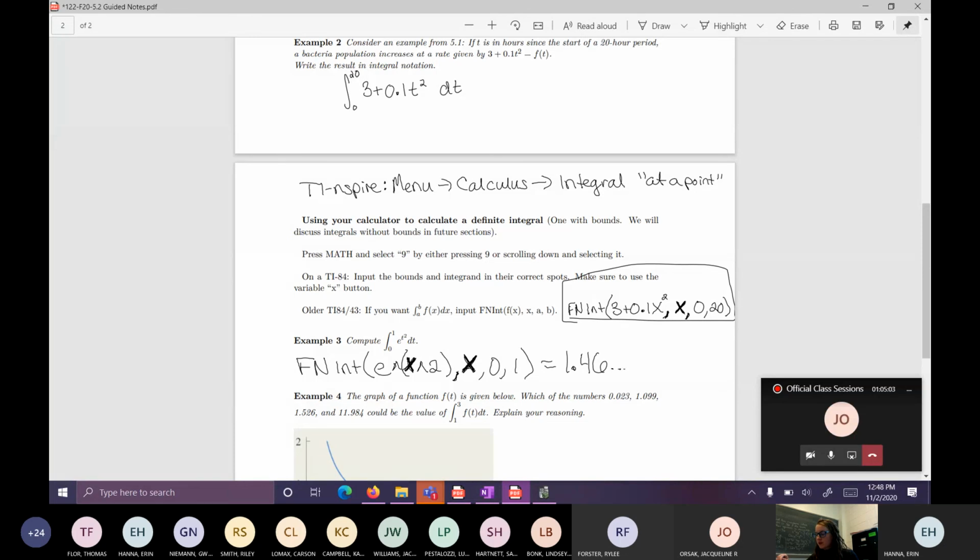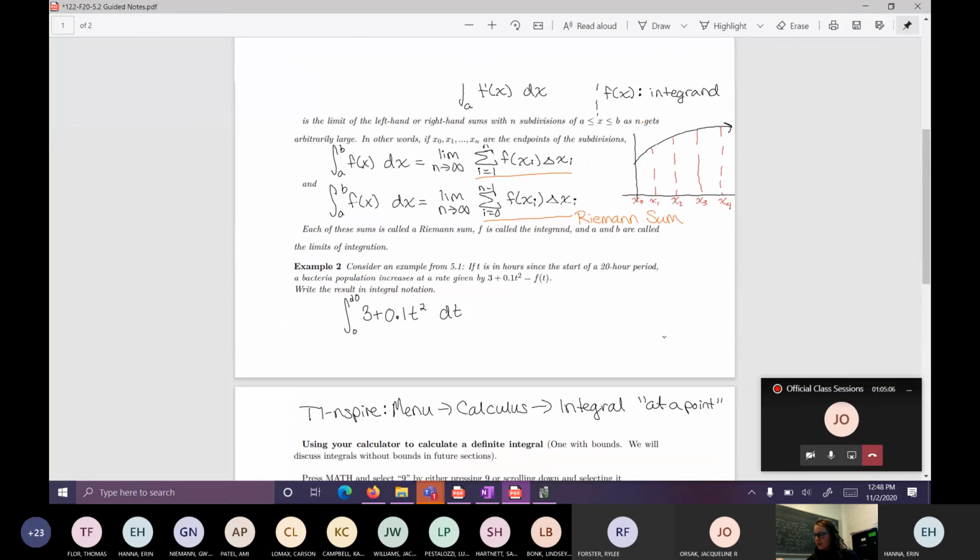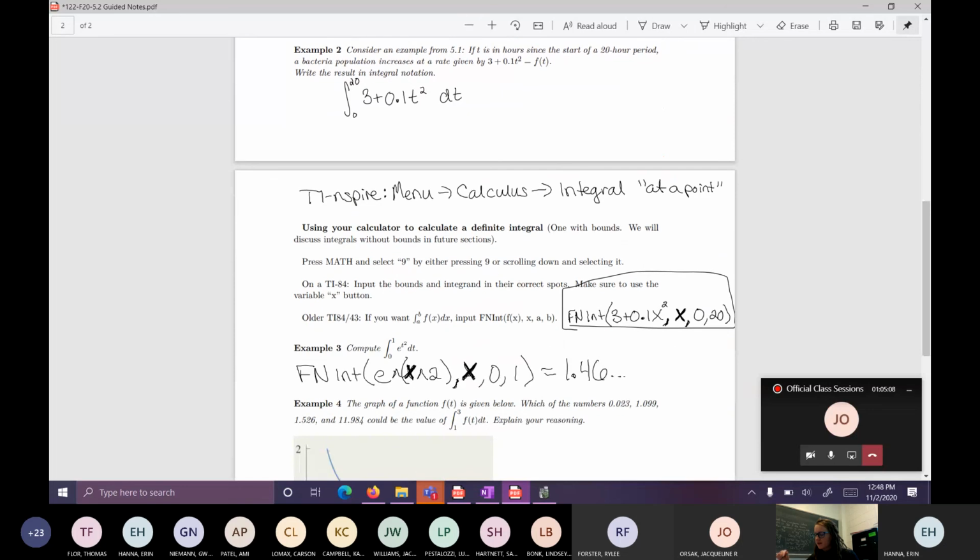So in terms of your quiz, we don't have a ton of time, but Kayla, I do have a little bit of time before my next class that I can stick around. Anyway, your quiz on Wednesday is going to be on 5.1, Riemann sums. So given a table or a function,